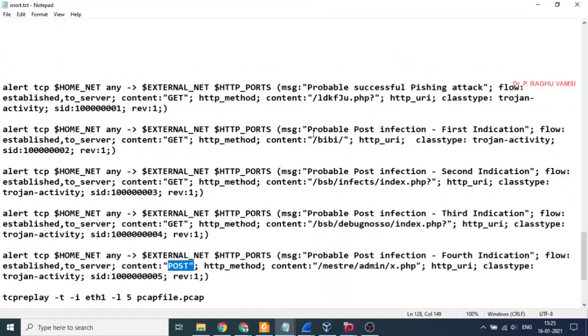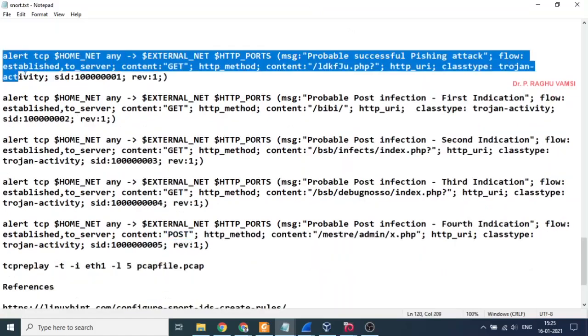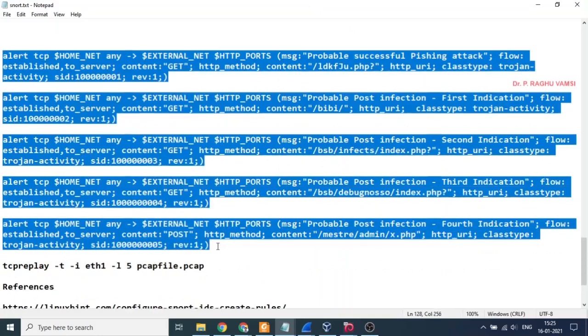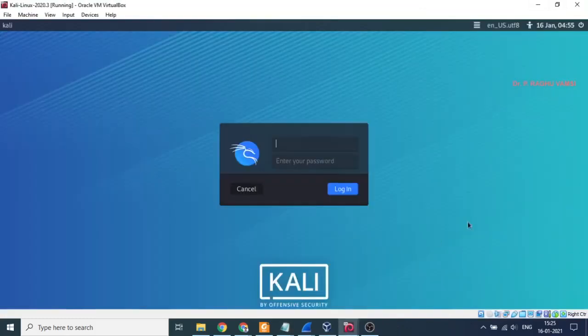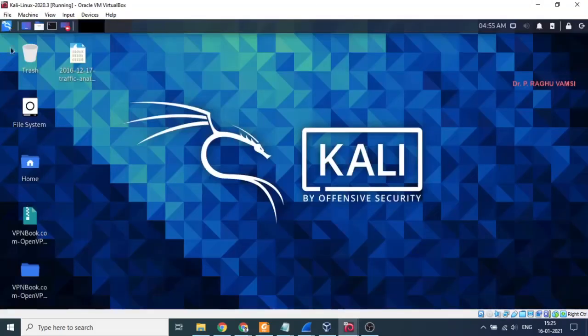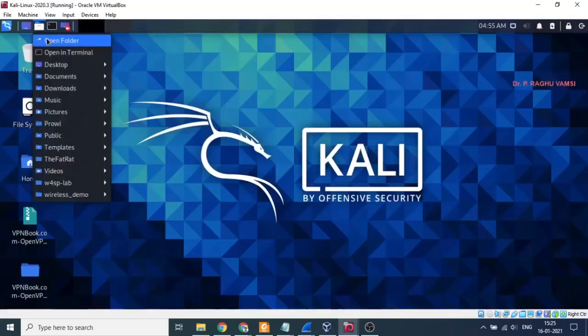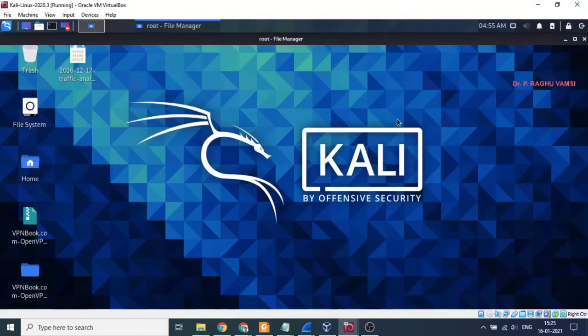Now these are the rules we have written for observing any kind of malicious activity like this that may happen in future. So now what I'm doing is copying and pasting it into the Kali Linux Snort installation. Let's go to where this particular configuration will be available.